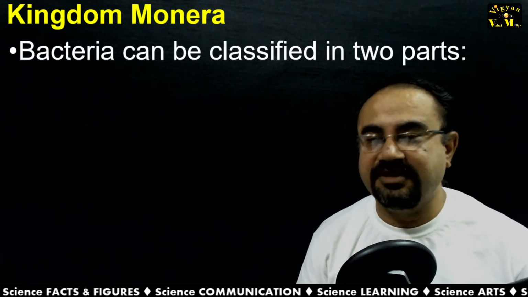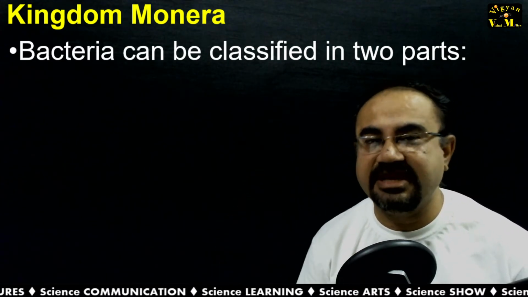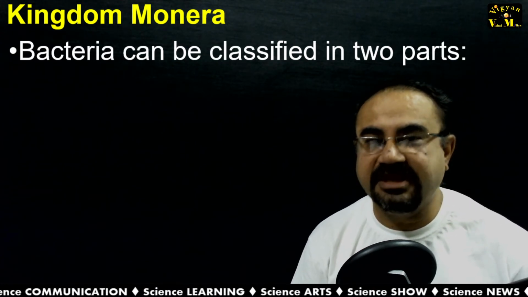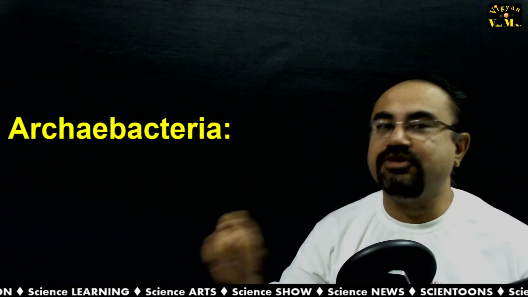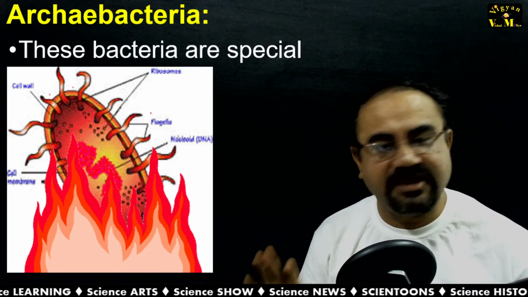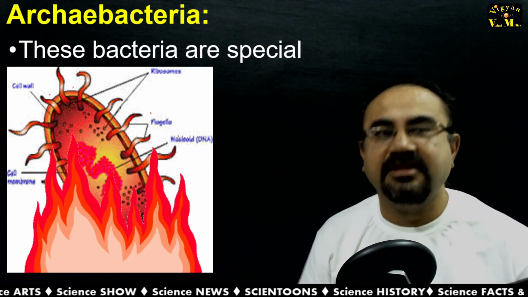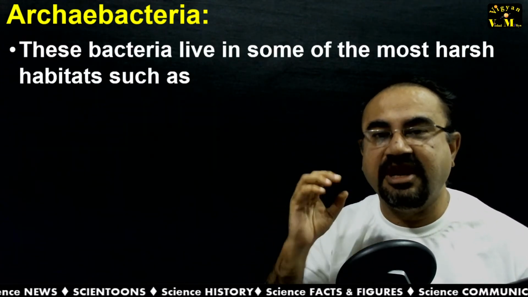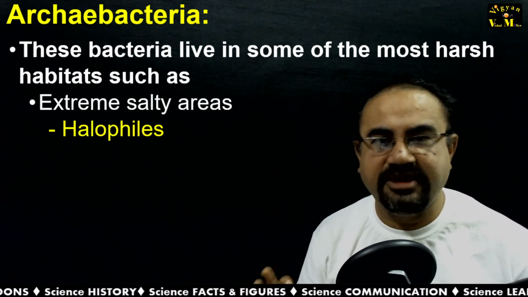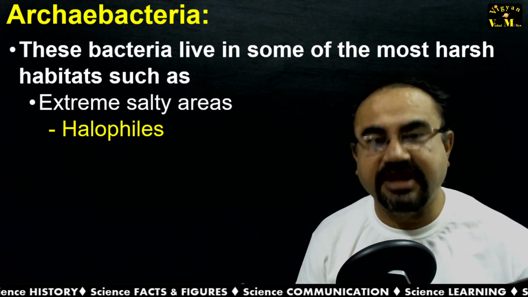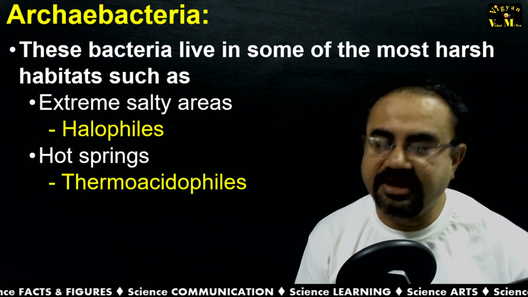On the basis of the age, or you can say evolution, bacteria can be classified in two different parts, that is Archaebacteria and Eubacteria. Let me go through Archaebacteria. They are very special, very special. The reason is they are surviving in harsh conditions. They can survive in extremely salty areas, which we are calling halophiles. When they are found in the hot springs, we are naming them